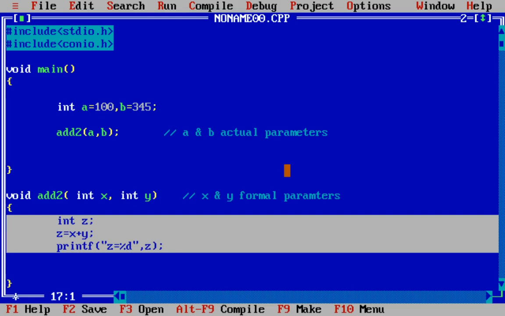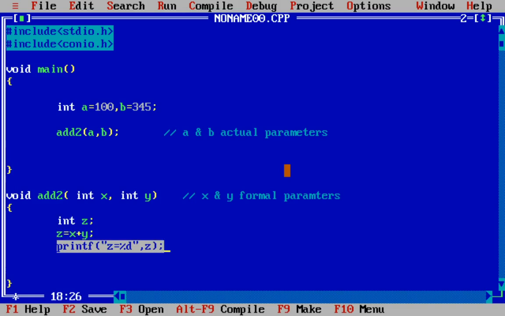But suppose we want this addition back in the main function. Instead of this, I want to print the value in the main function. So I want the addition to be printed where? In main. But again, if you remember, z is a local variable of add2.